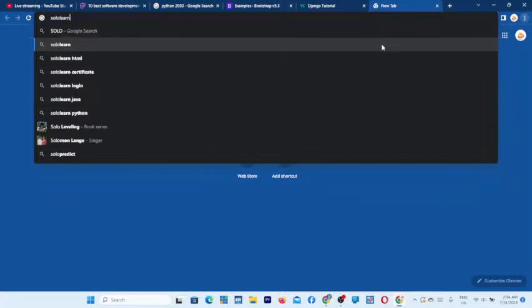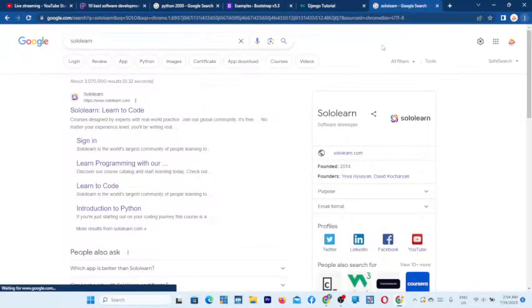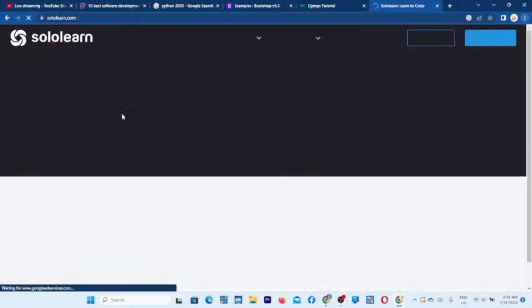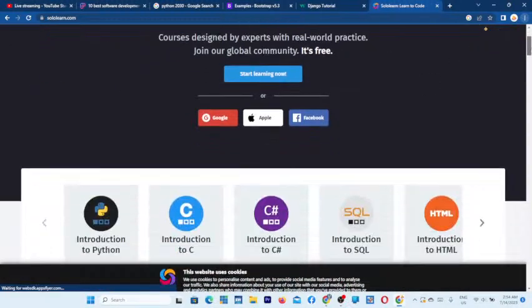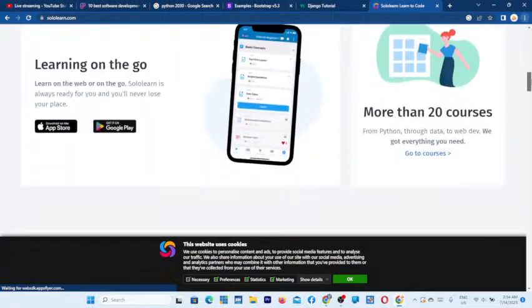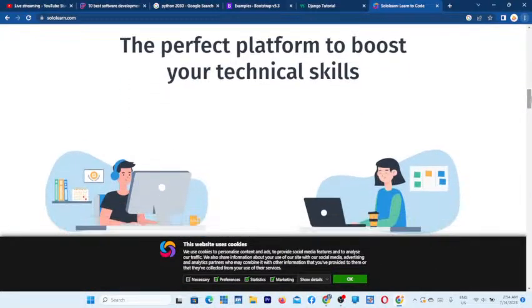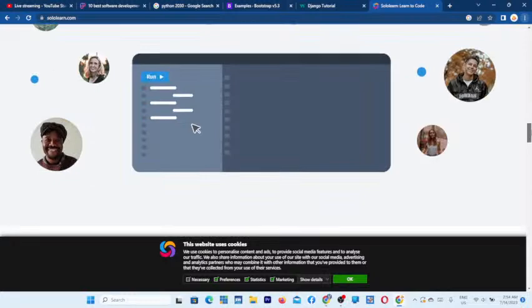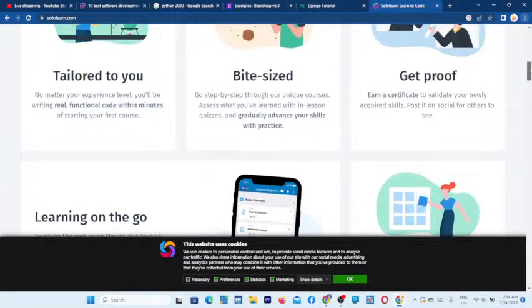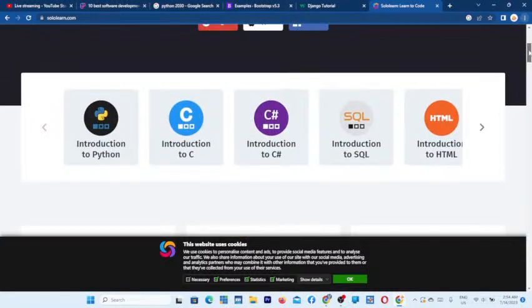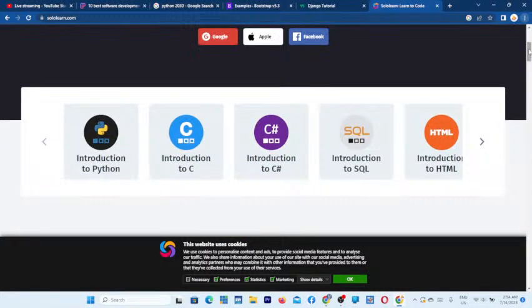So I'm just showing some things that can help you improve. SoloLearn here, they are still okay. It's very good. It's a good platform that can help you to start your coding journey. It's very important also, and it's absolutely free. So you can consider signing up also. But there's a paid version also for this SoloLearn. But the free version could help you learn a lot also about the basics of Python and other programming